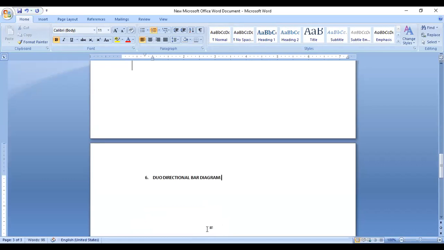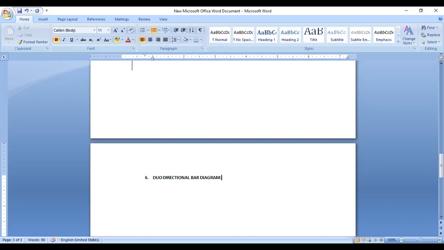Okay, as the name itself implies, in duodirectional bar diagrams, bars are drawn in two directions. These diagrams are used to present an aggregate result of different and opposite components of the same phenomenon. The total gross value of the phenomenon is broken down into two components, with one part being shown above the x-axis or to the right of y-axis, and the other being shown below the x-axis or to the left of y-axis. For example, sales figures can be split into expenses and profit.